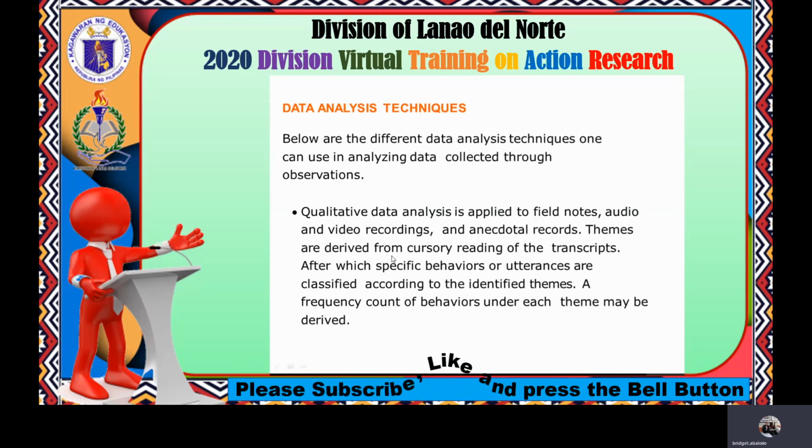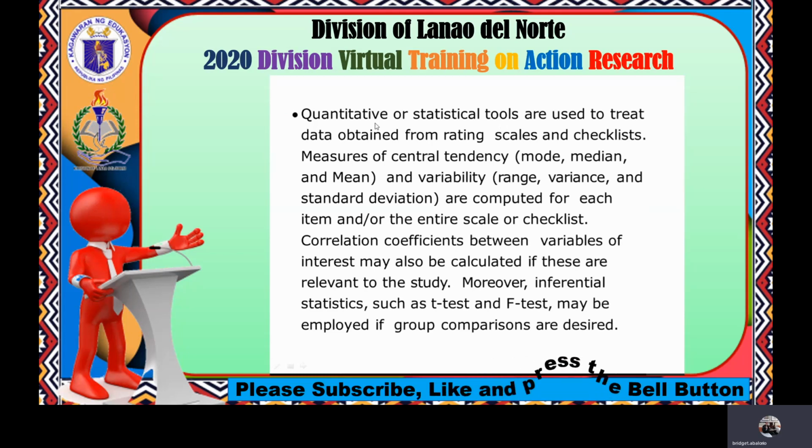So another one is quantitative or statistical tools are used to treat data obtained from rating scales and checklists. So the measures of central tendency, median and mode and variability, the range, the variance, and standard deviation are computed for each item and or the entire scale or checklist. So again, these quantitative statistical tools will be explained to you by maybe it's Sir Marquil Villacora, and I'll be